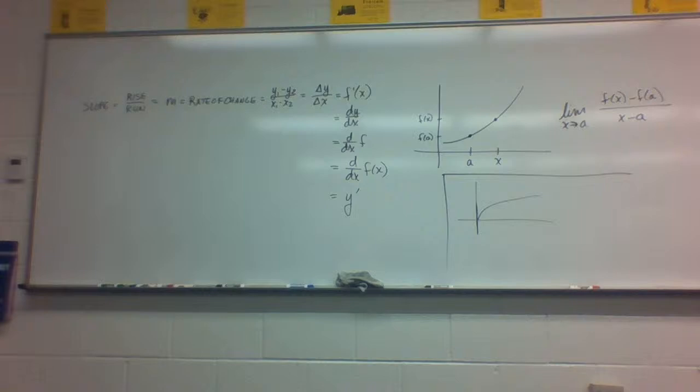Whatever the dependent variable is, and it is on the top, is d of that over dx. And then we have d dx of f of x. This emphasizes the fact that you're taking the derivative of f by sitting it out there. It's just like putting it in the numerator. It's just that, as we're saying, find the derivative of f with respect to